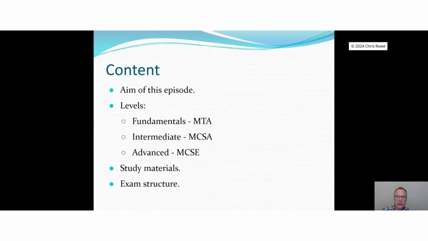So exam structure then. Normally when you reach the study center, you'll have booked a specific time. Make sure you get there in plenty of time. Just compose yourself. You need to sign in, do all the usual bits and pieces of admin, and then they'll take you into a room with a whole load of computers, and they'll sit you down, get you prepared, and you'll then start the course.